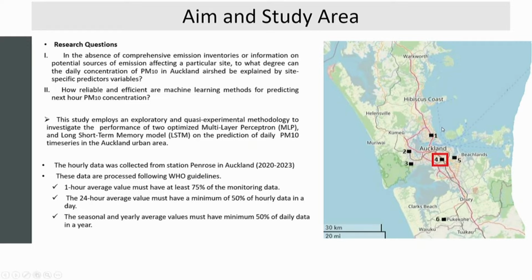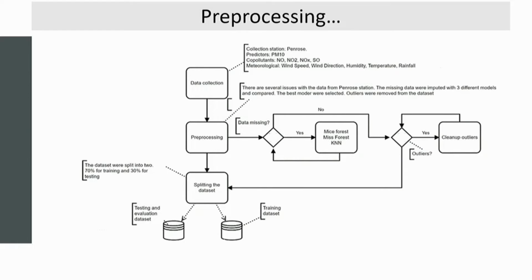And these are the stations that are collecting PM10 data in Auckland Airshed, and I'm focusing on number 4, which is Penrose. Penrose is located on State Highway 1, and is near an industrial factory, and is also surrounded by some residential areas as well. The data was collected at 1 hour resolution, and followed 2 guidelines. The data that I collected was PM10, NO, NO2, which are co-pollutants, and some meteorological